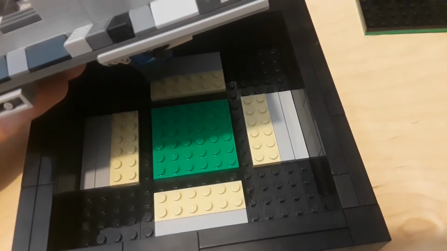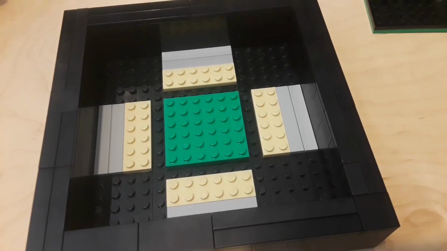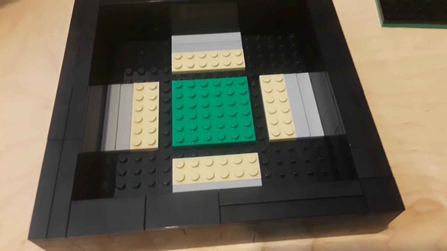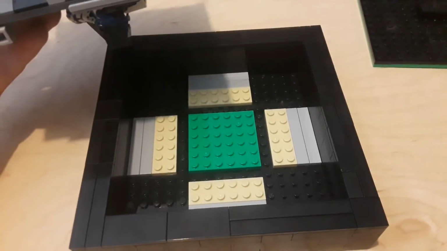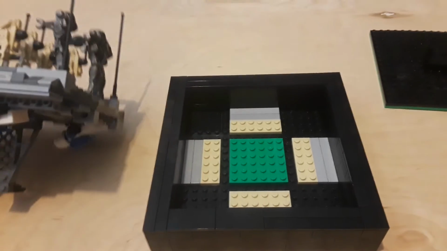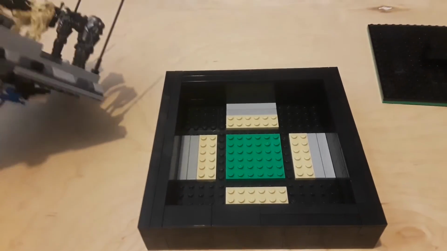And those tiles on the inside, those light gray ones, help me move the MOCs in and out of this border. That way I can just keep reusing this border for every MOC instead of having to make a new one every single time. So let me try to angle this in such a way that nothing falls off